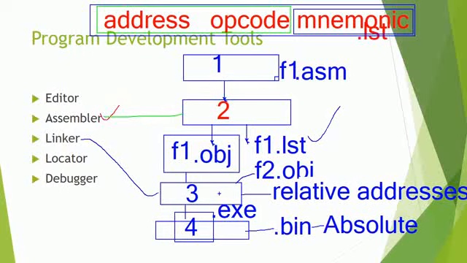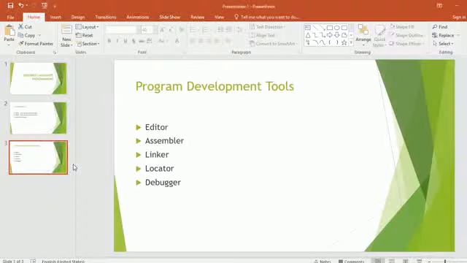The debugger means to debug the program. When we are having errors, if you are writing 1,000 lines of program, the debugger is the one which splits your program into blocks. We need more time for the debugger, so I'll take another video. That's all for today's class. We'll continue in the next class with the debugger and a diagram.